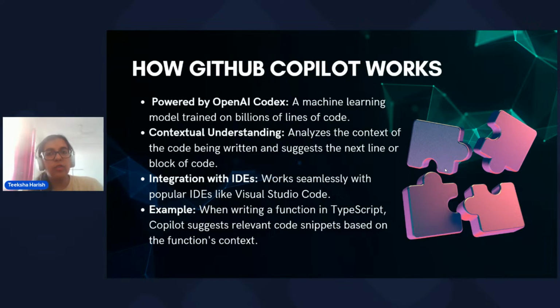So I have to first copy my code, then go to Chrome and use some other AI tool like ChatGPT, then paste my code and then say what is the error, why is it doing so. I can do it inside my Visual Studio Code only using GitHub Copilot as it is integrated with it. So I can just